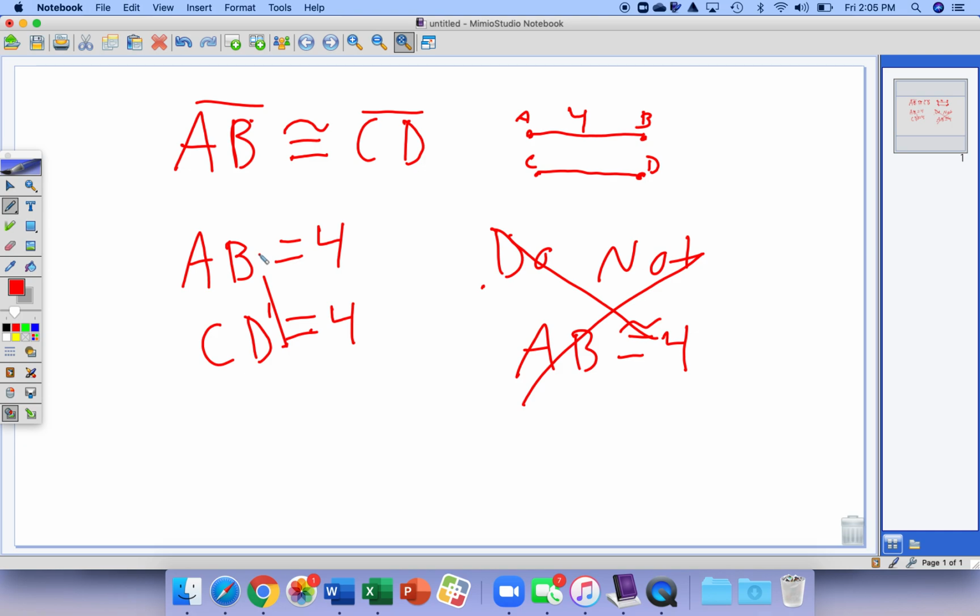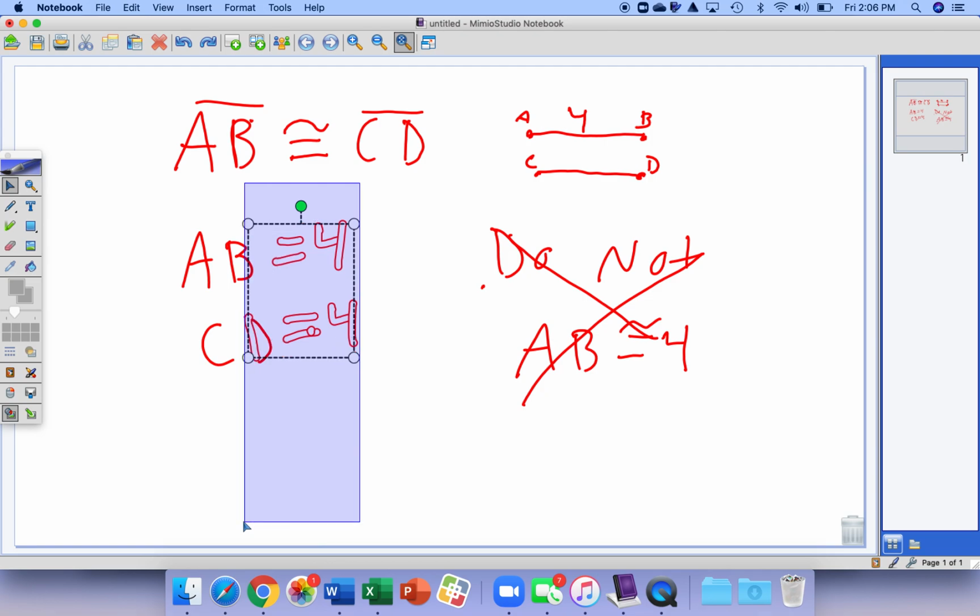Okay. This notation will be important as we move forward. Okay, so again, AB is congruent to CD versus this says AB equals 4 and CD equals 4 because they are all congruent. Right? So we learned what seems to be some basic postulates, but they're very important. Okay, we have the angle addition postulate, we have the segment addition postulate, we have